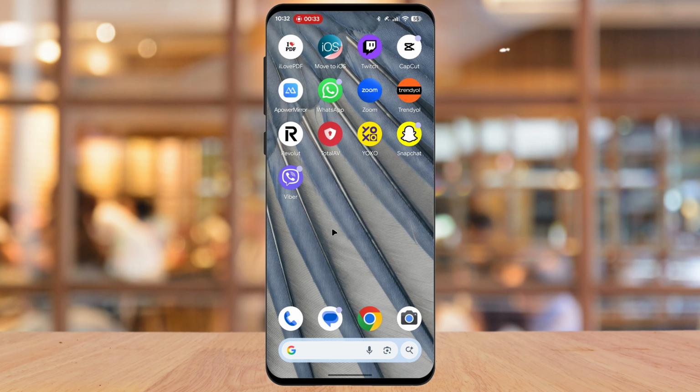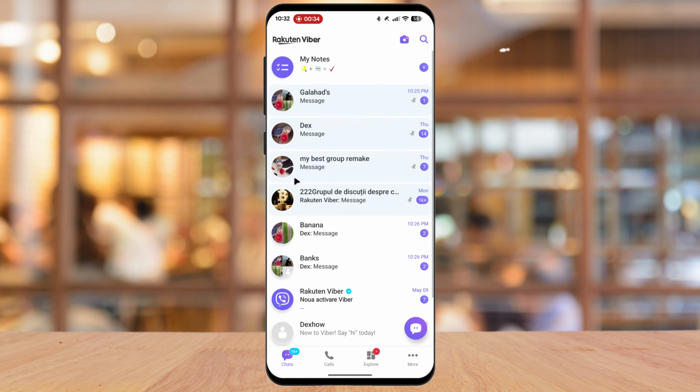First, to unpin a chat, you will need to open the Viber application on your Android phone and go to your main chat list. You must then locate the specific conversation that is currently pinned to the very top of your screen. Now, you must long press and hold directly on the pinned chat until a menu appears on the screen. From the menu options that pop up, you will simply need to select the Unpin or Unpin this chat